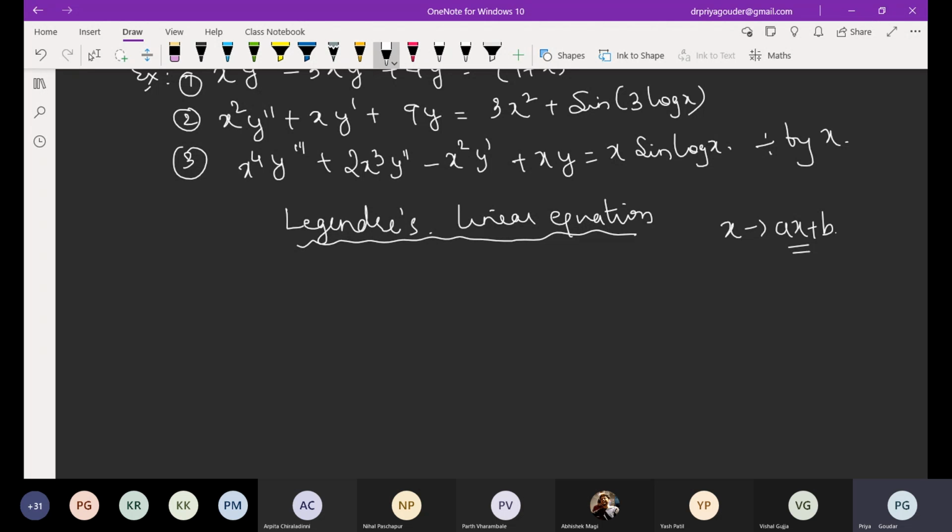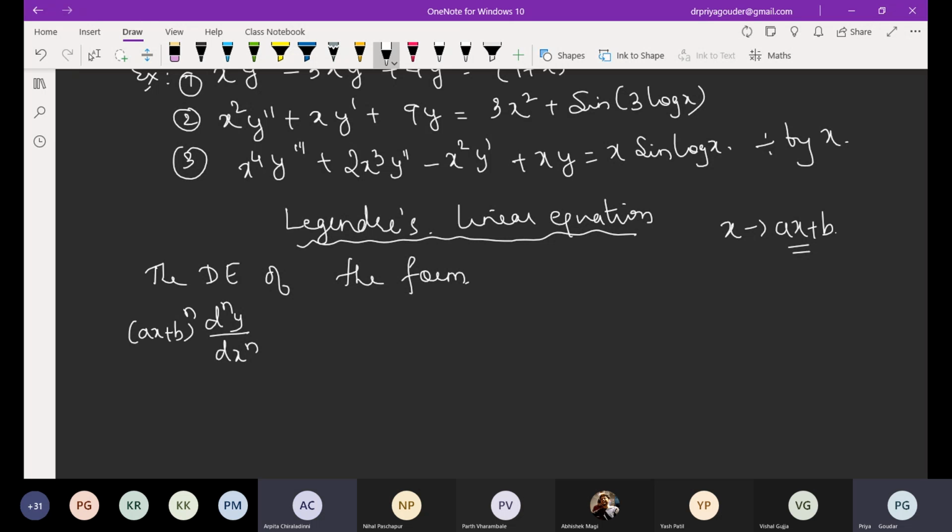So on the basis of that, can you tell me the general form? The differential equation of the form... See, what I have written for Cauchy is exactly the same. Instead of all the x, write it as ax plus b. So along with nth order derivative, in Cauchy's we have x raised to n. What will you be having here?